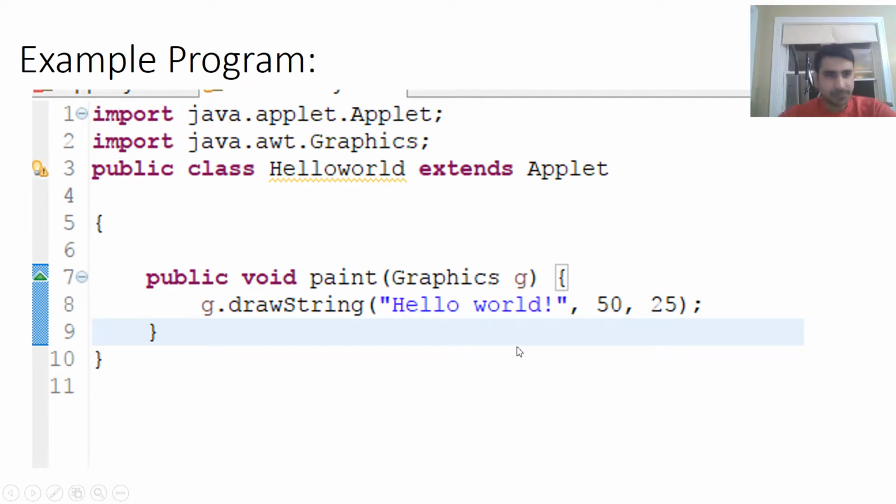Example program, and we are going to discuss how to write an applet program. Import. A simple Java program of hello world. Import is a namespace, like it is in